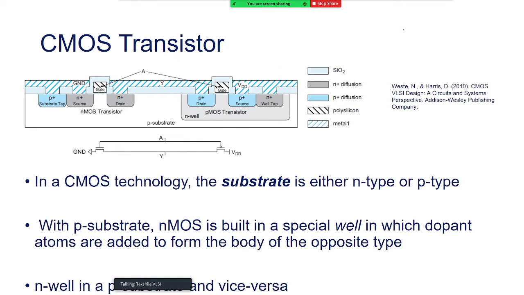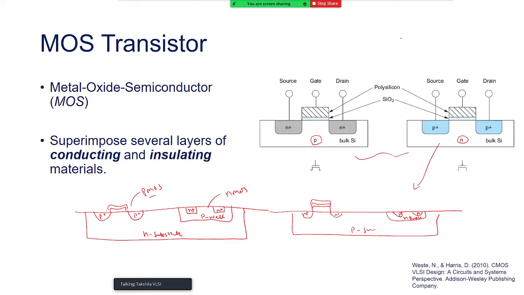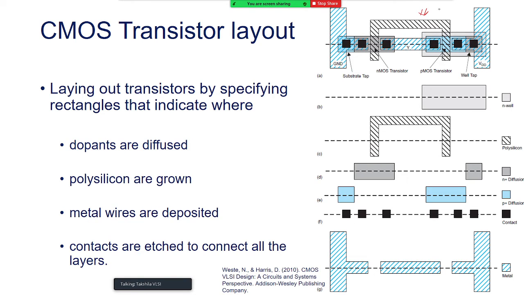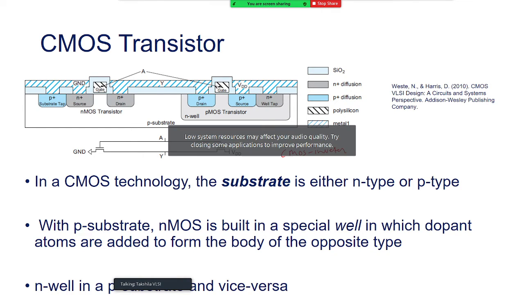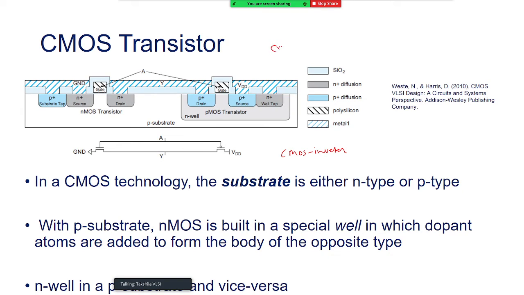So what I showed you in the previous picture, now remember this again. This picture I called the top view. This is the top view that I explained to you. We are looking from the top, just like you are seeing the computer screen. What about the same? This is the same diagram, the same CMOS inverter, and this is called the cross-sectional view. So this is your cross-sectional view,